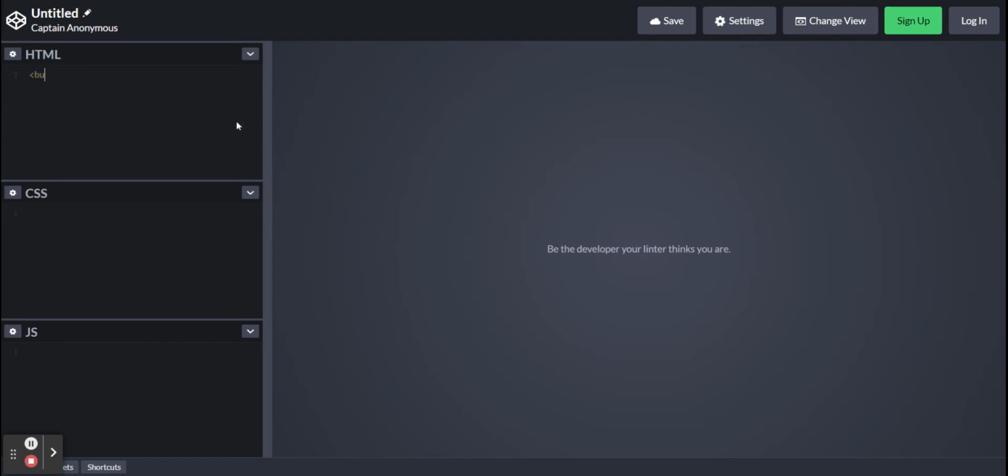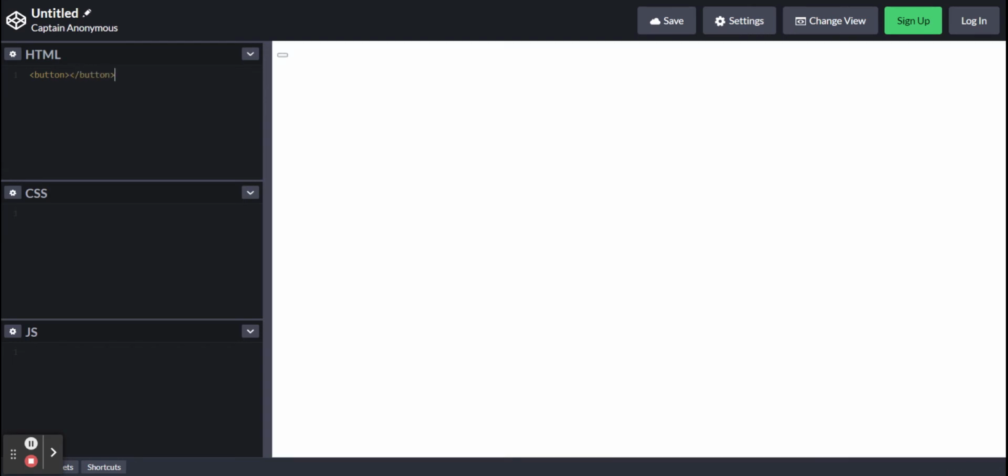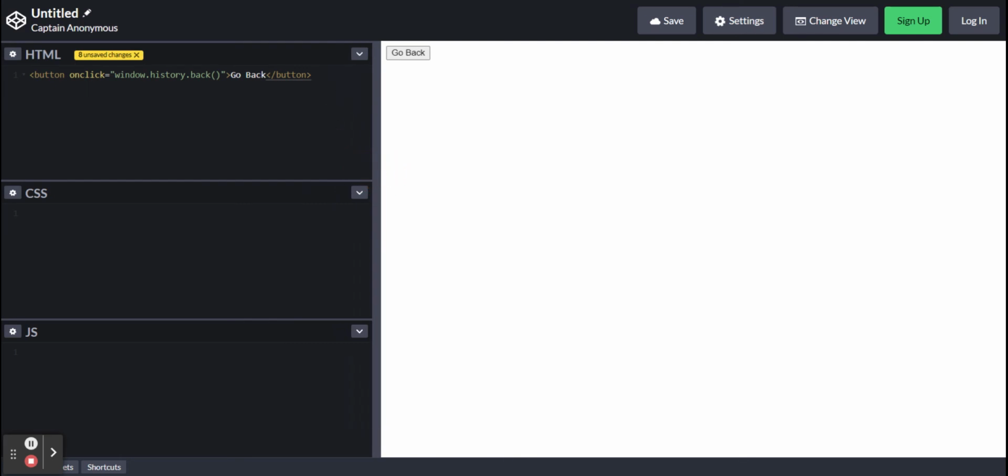So in HTML we're just going to make a basic button and we're going to name it Go Back. Now what we're going to do is set an attribute of onClick in the button, and we're going to set that to window.history.back and put parentheses. And now what it will do is when you click the button, it will go back